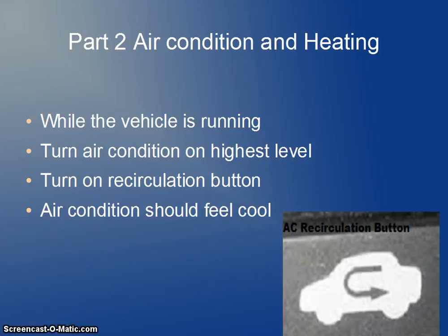The reason being is because this is the way we test the air conditioning systems in the shop. If you were a customer and you came into the shop and we are doing an inspection and a diagnosis on your AC system, this is the way we will do it. So I'm showing you the exact same process that we do, that you can apply to your used vehicle so that you can know that the AC system of that vehicle that you're actually trying to buy is very efficient and it's going to be ice cold,